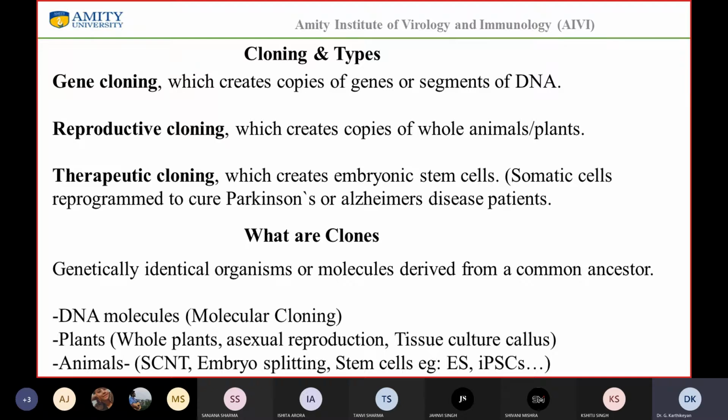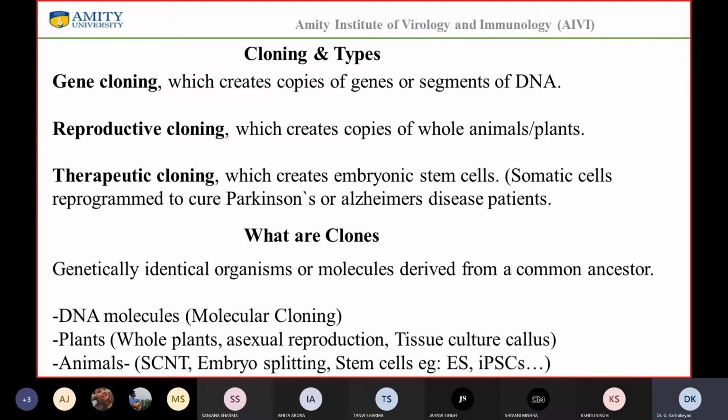A developing embryo at a very early stage, when it is still in the form of two cells or four cells, you could split them. Generally, embryo splitting is done at even earlier stages. When it is just a single cell zygote, you can split that into two, and you're going to get identical twins. Okay. And then you can have stem cells, which is nothing but taking it from your own